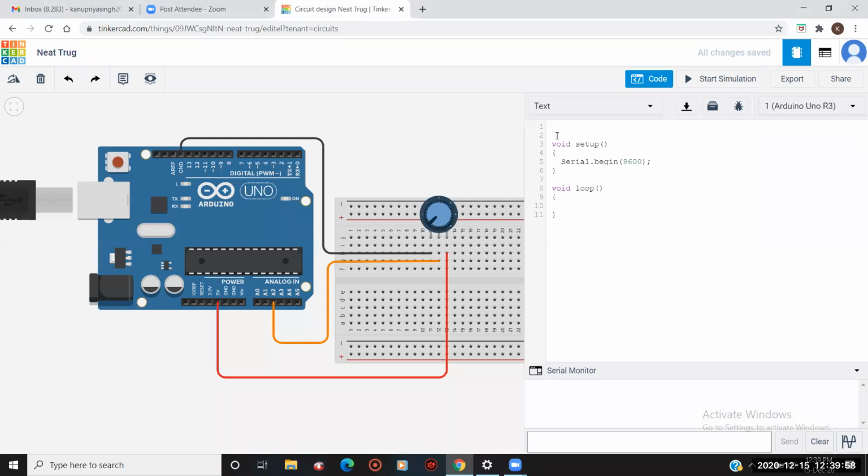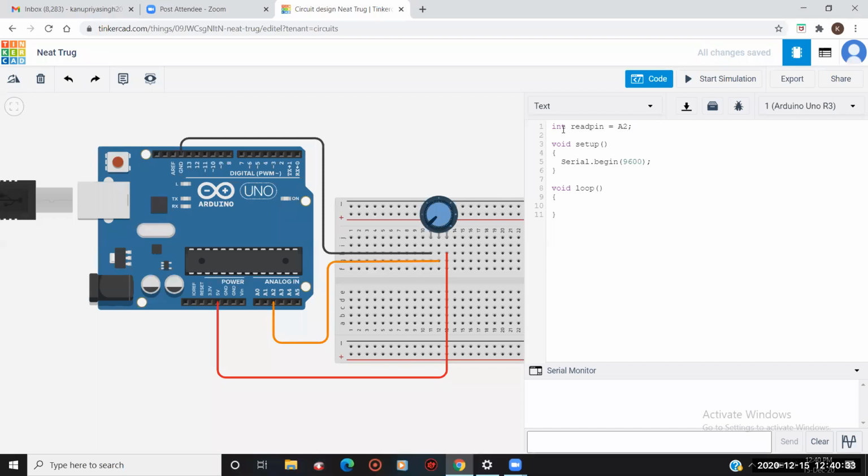Okay, so for that, as I'm having 3 pins, and 1 pin I'm connecting with A2, I have to define it. Suppose I'm giving int read pin. I'm calling it read pin because it is reading the value. Let us name it read pin. And what value should it be assigned? It should be assigned A2, because I am getting the data from A2.